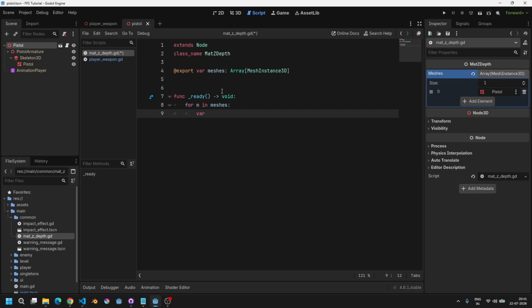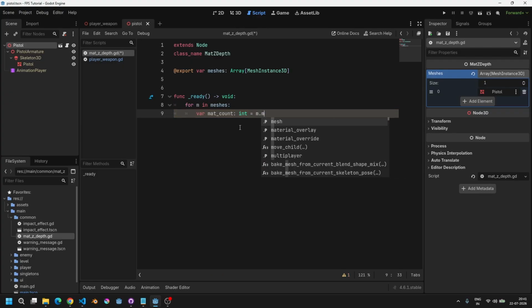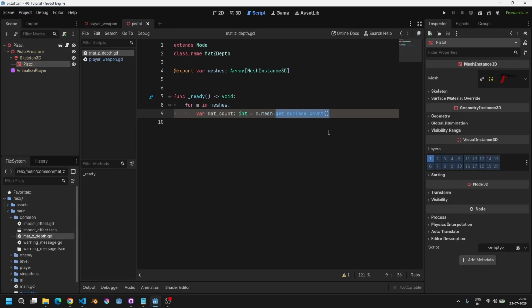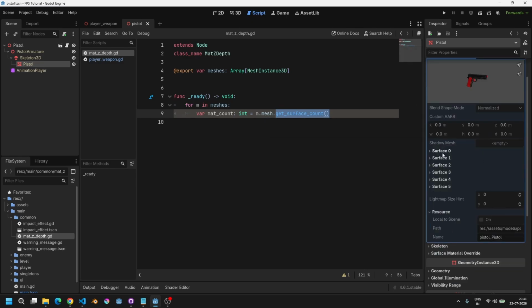and now I will be getting the count of the materials that are attached to a given mesh. So let's name this material count, and for this mesh instance we will have this method get surface count on a given mesh. So we access this M, and then this mesh is this property over here, and then we have all these surfaces that we get a count of. Okay,